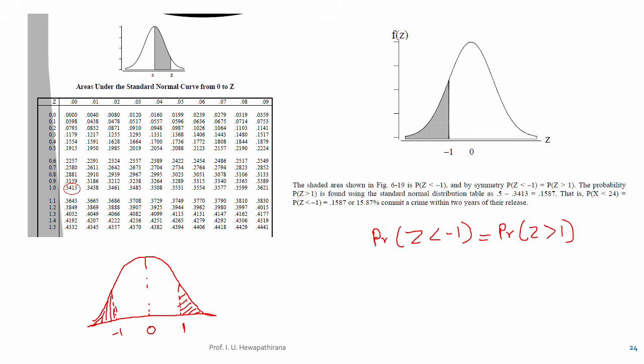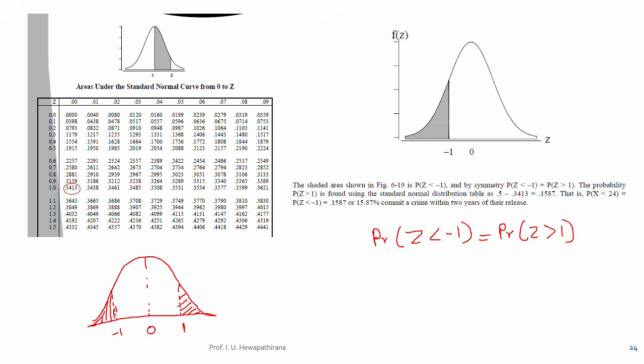So we can use the standard normal table to get this probability. When you look at the standard normal table and read the value under the Z column 1.0 and go to your right and select the value under the column 0.00, we have the probability 0.3413. But according to the definition of the table,